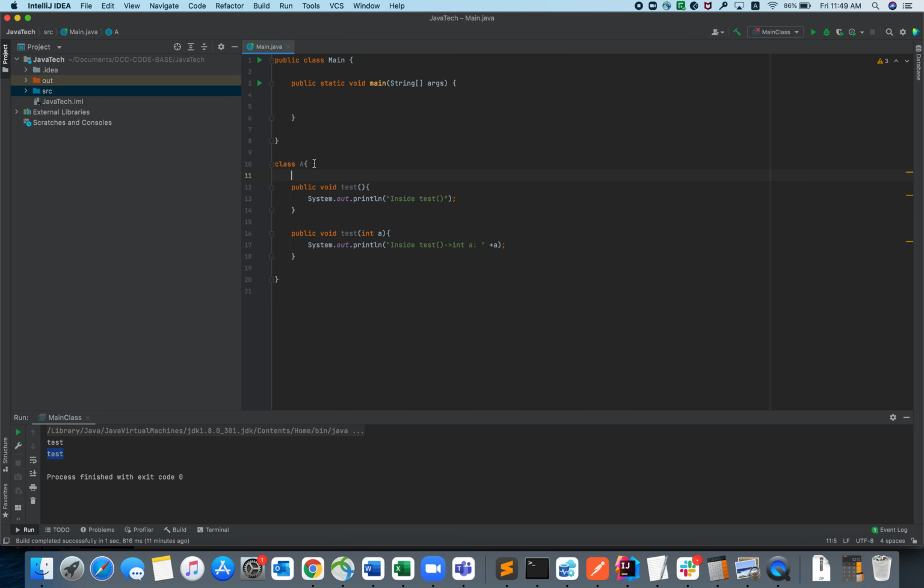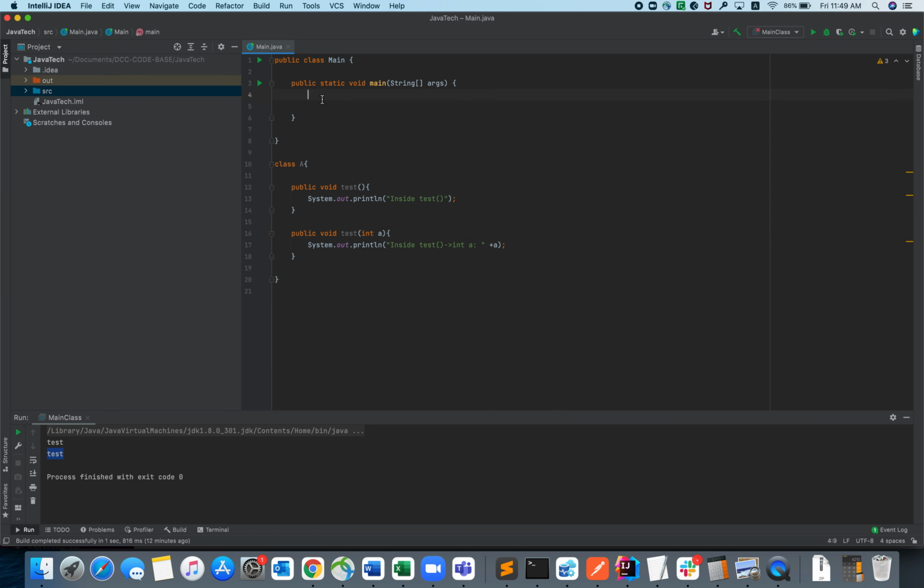This is method overloading, and we can achieve method overloading inside a class itself, right? A class where you have multiple methods with the same name, same access, and same return type, but different arguments, right? So let's assume this is my main class, and in the main class we are going to see how we can access these overloaded methods, right? First we will try to access the test method which is not taking any argument, and the second time we'll try to access the test method which is taking an integer argument.